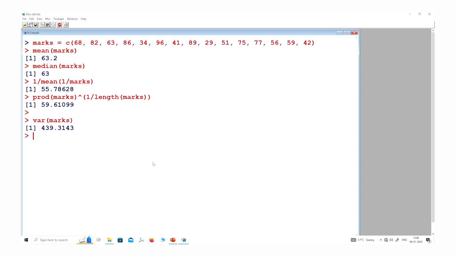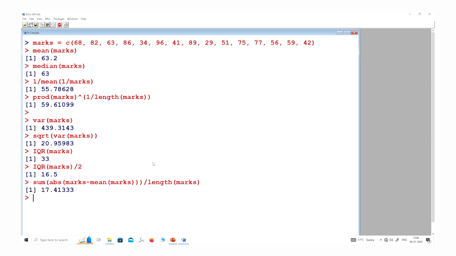And if you find out its standard deviation or standard error, you have to simply find out the square root of the variance, which is here like this. Interquartile range, if you say here of marks, it will come out like this. And if you want to find out the quartile deviation, it is a half of the interquartile range, which is here like this. And if you want to find out the absolute deviation, it is here like this.